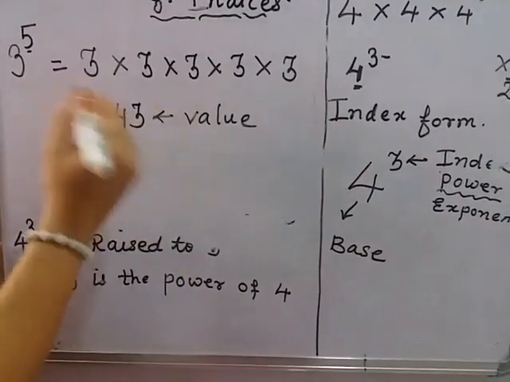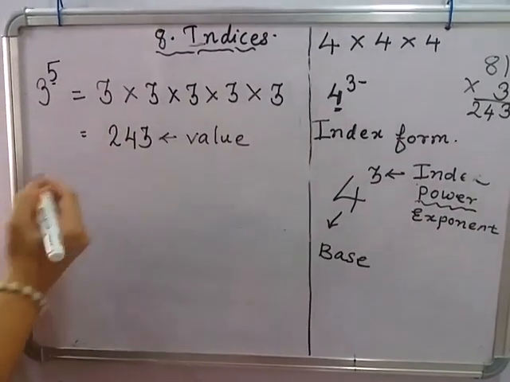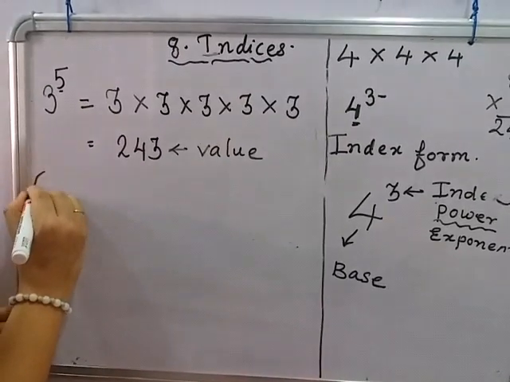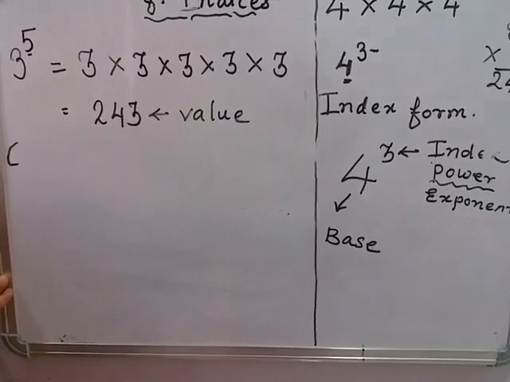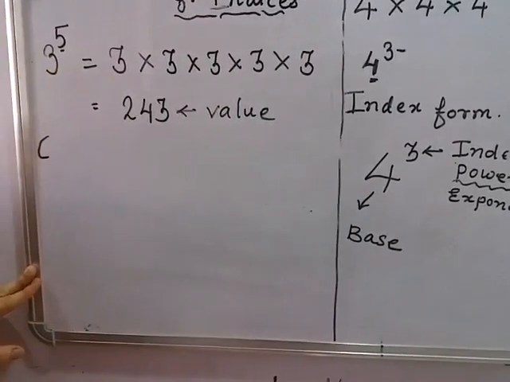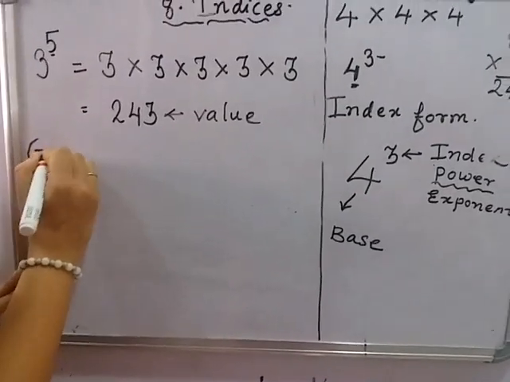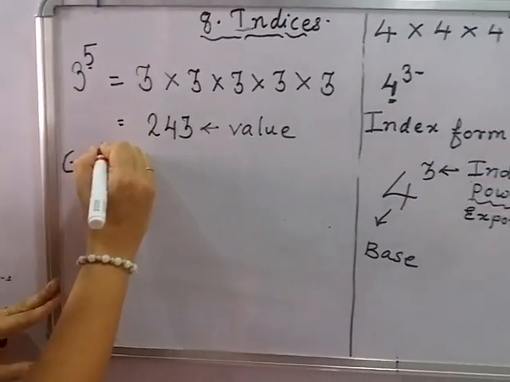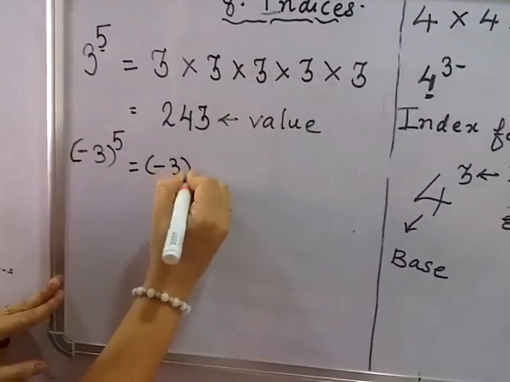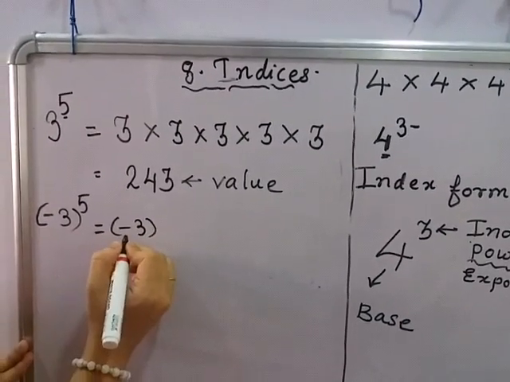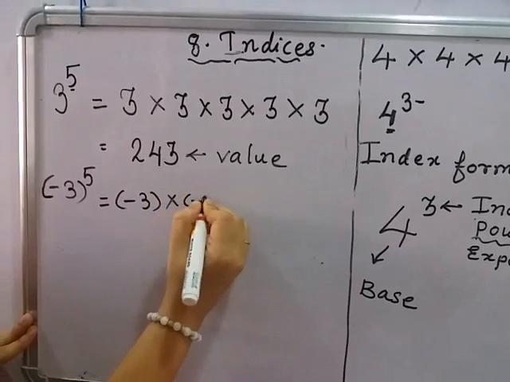Okay, now the question arises when the base is negative. Students, always remember, the index will always be a positive number. It will never be a negative number. Yes, but there is a possibility that the base will be negative sometimes. So if I take the same number, negative 3, and this time our index is what? 5 again. So when we write this negative 3, we compulsorily have to write down this negative sign, and better put the bracket. Again we have to write down 5 times.